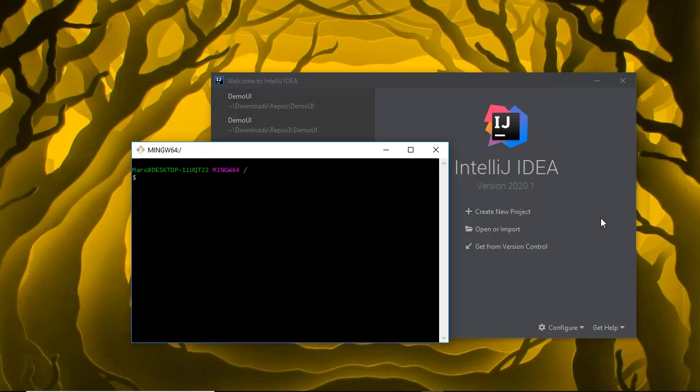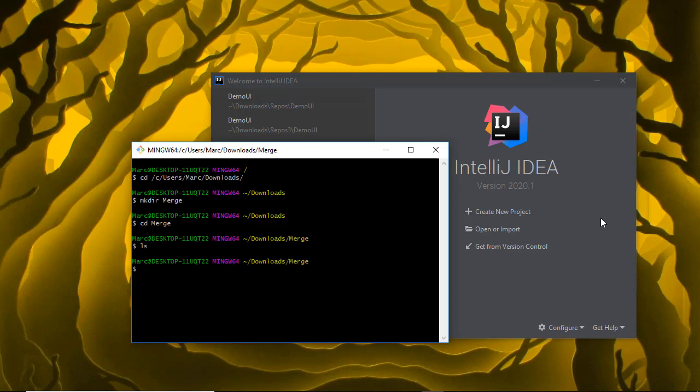So what I've done to illustrate this is prepared an example using the demo UI application that I've used in the previous few videos. And let me go ahead and start by checking it out. So I'm going to start with a clean copy of everything that I have in the remote repository. So let me cd somewhere convenient. I'm going to go for my users, Mark, downloads, and then let me make a merge folder,